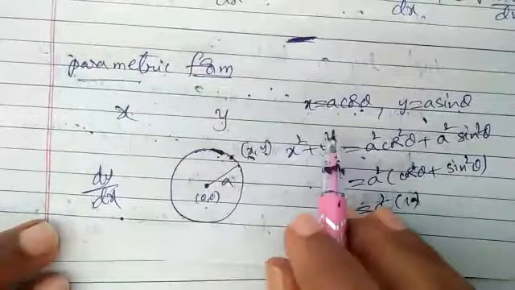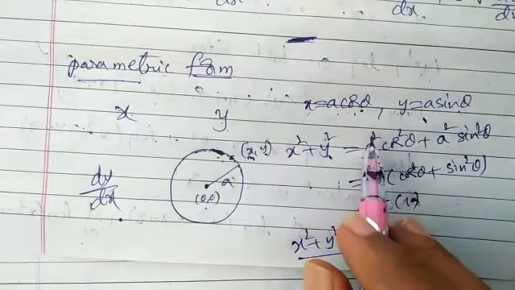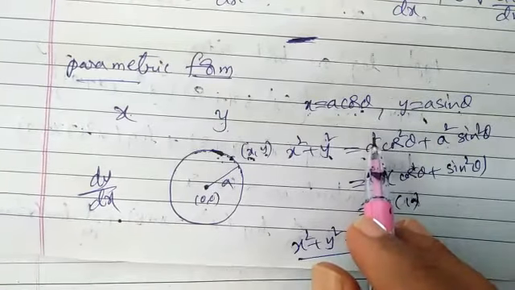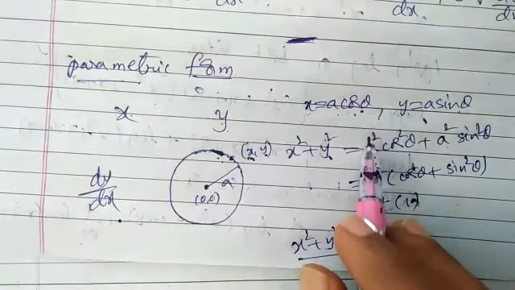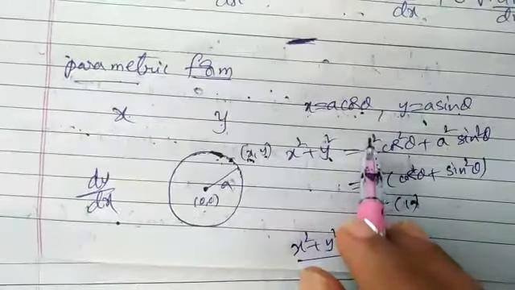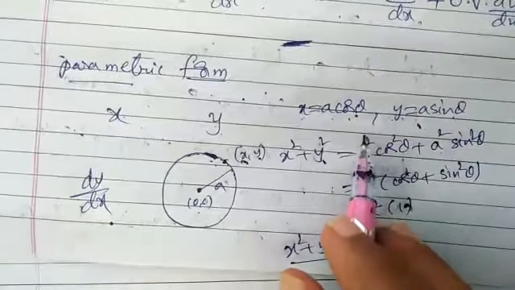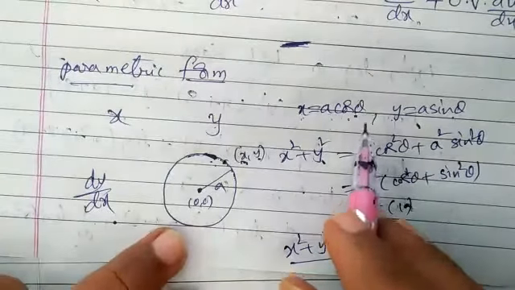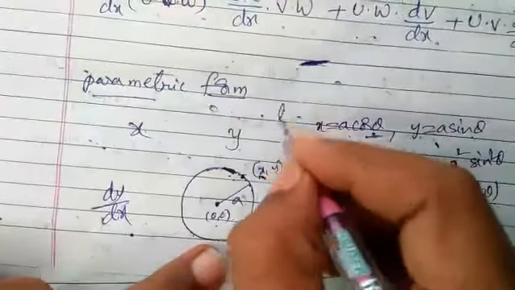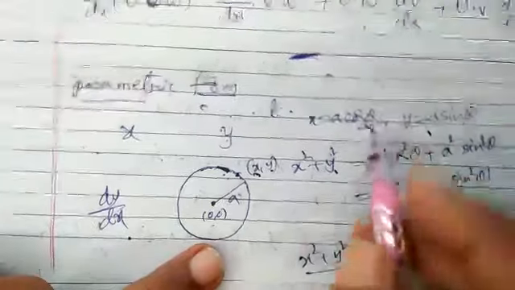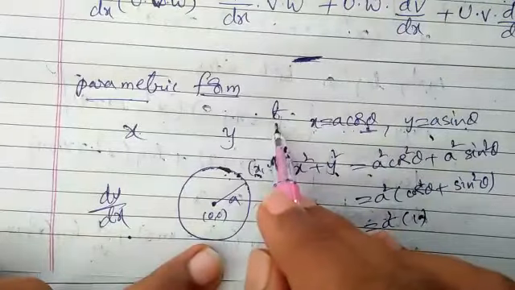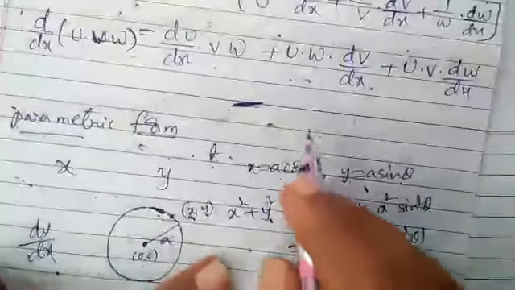Whatever it is, we follow different methods. We use the product rule, we expand the polynomial and differentiate the function, and sometimes we apply the logarithm and differentiate the function. Like that we are solving. And one more method is the parametric form. In general we take two parameters. One is theta and the second one is t, because theta indicates an angle and t indicates time. Generally, the parameters of a parabola,